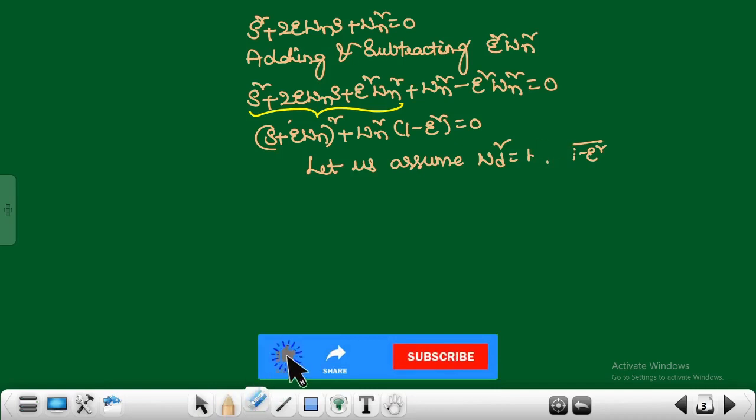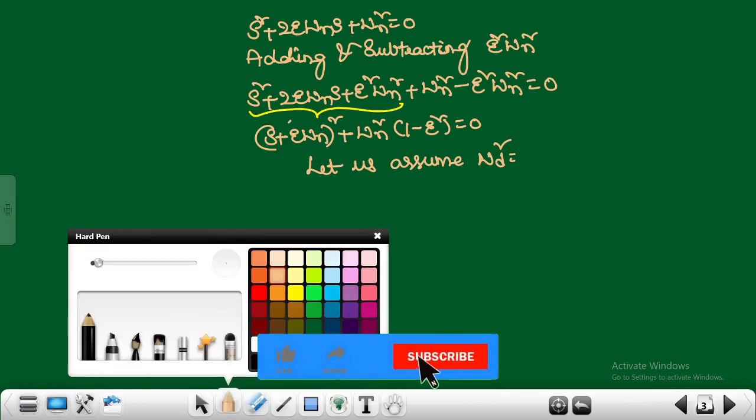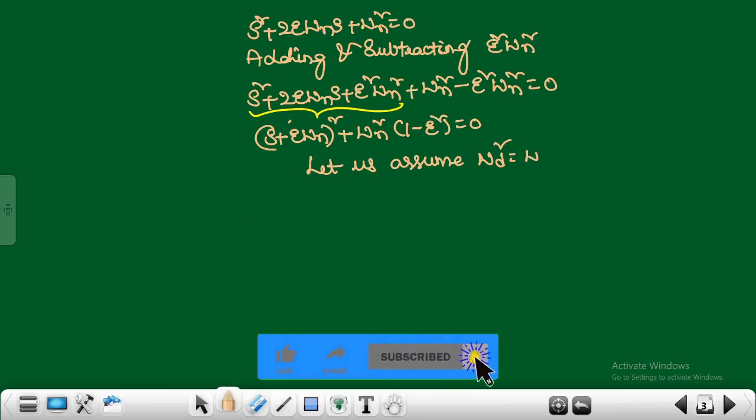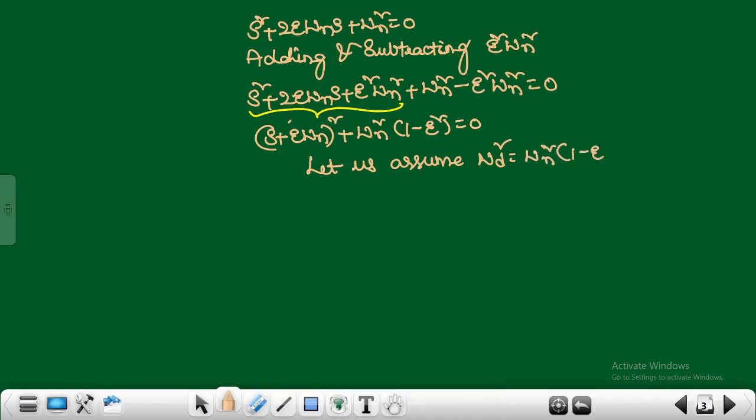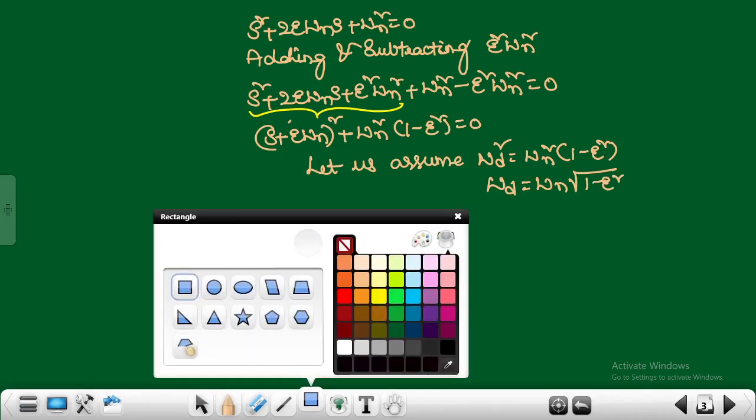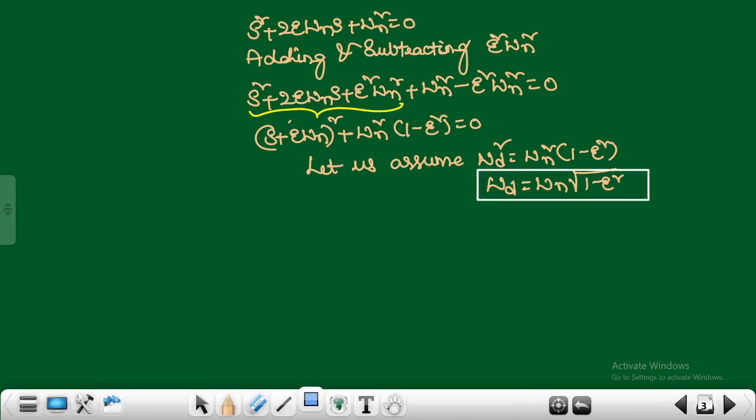You may get confused if I write it otherwise, so omega d square is equal to omega n square into 1 minus zeta square. So omega d can be written as omega n into under root of 1 minus zeta square. This is also a very important formula, all of you should remember this. This is one more important formula: omega d is equal to omega n into under root of 1 minus zeta square. Okay, right. Now let us consider the normal equation here.